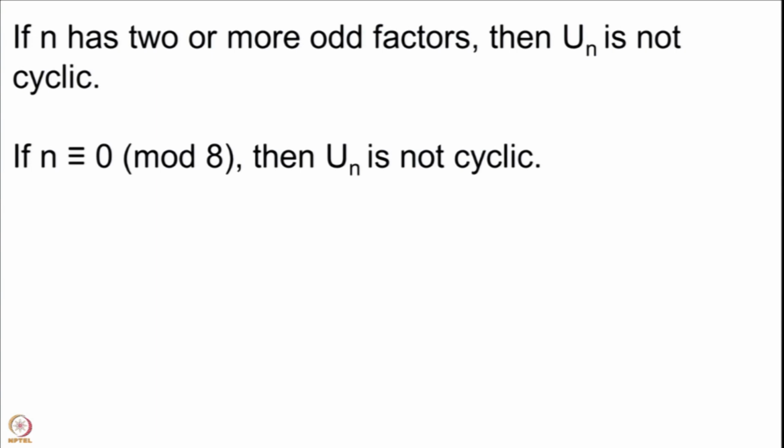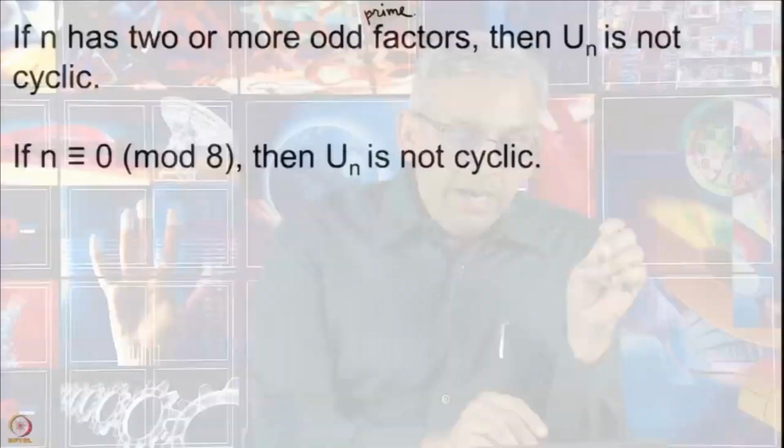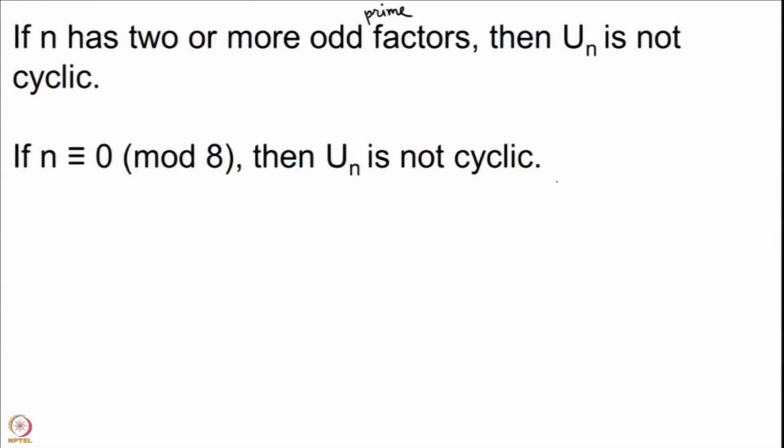So, we next come to 2 dividing the number n, and assume that 8 divides. So, we will look at the cases where 2 divides but 4 does not divide, 4 divides but 8 does not divide, and 8 divides. These are the 3 cases. Whenever you have n congruent to 0 mod 8, then UN is not cyclic. Here the number of square roots of 1 was 2 power k plus 1, which is always bigger than 2, because you have at least one prime which is 2 dividing it. So, k is bigger than or equal to 1.